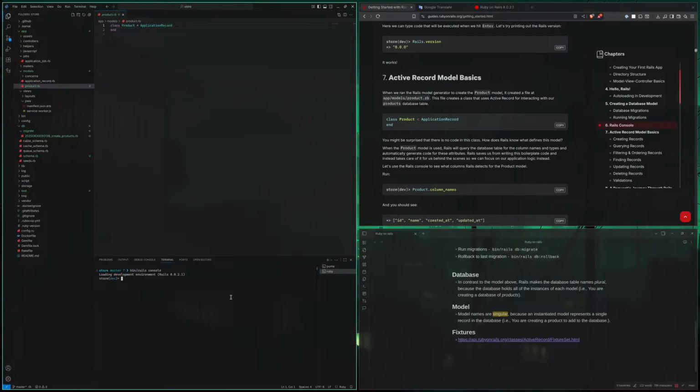Rails console. Product. Columns. Column names.